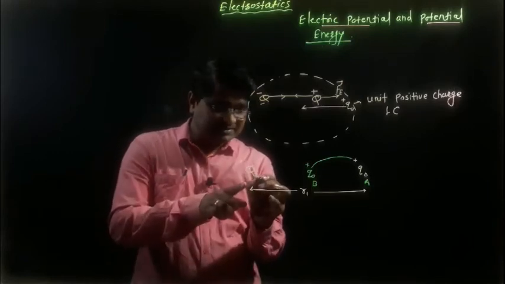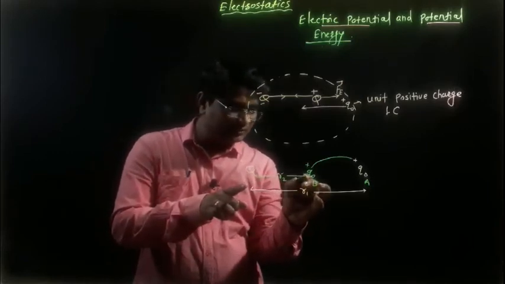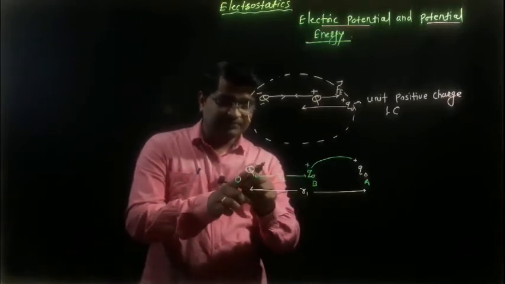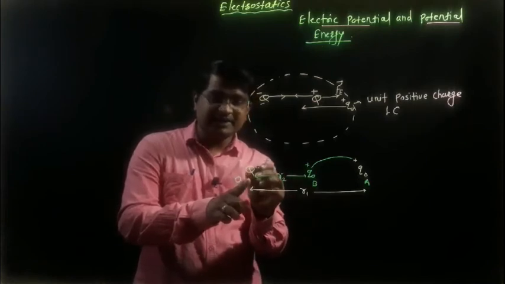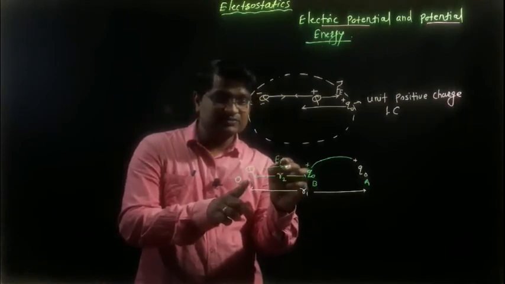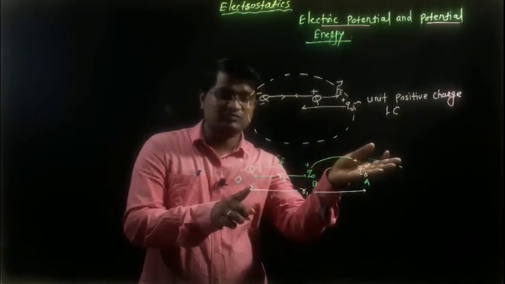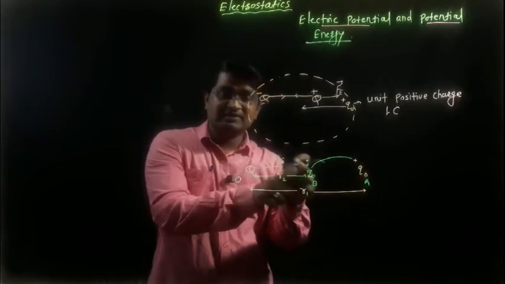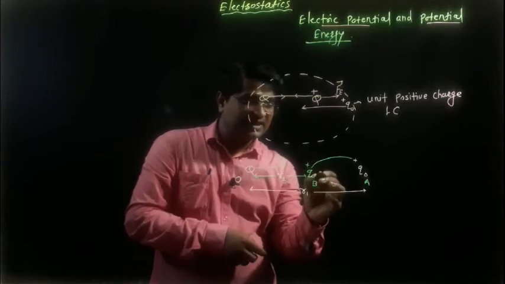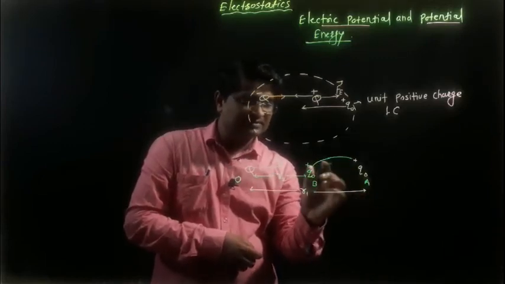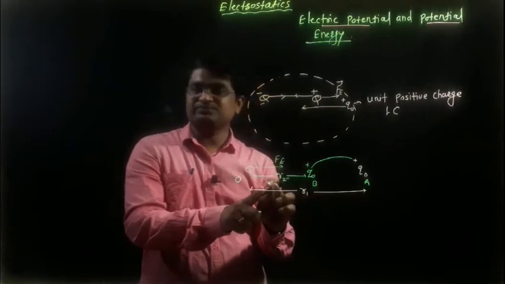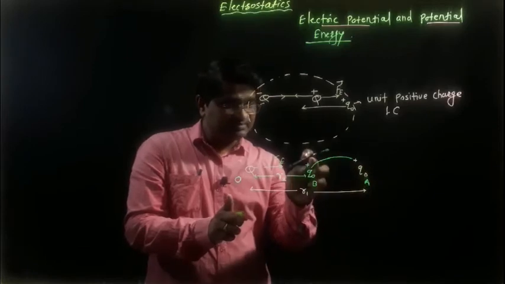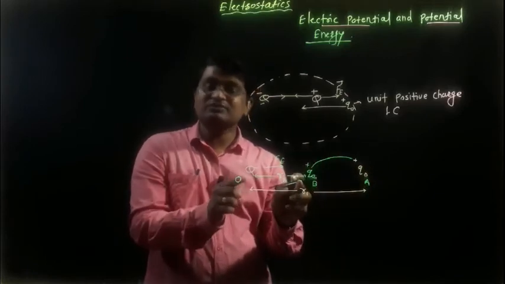Right now, it reaches a distance R2 from the origin, and imagine that the origin will be denoted by O. Actually, this positive Q produces an electric field in the given direction. This is the electrostatic force, and this is its direction. But actually this Q naught is performing exactly opposite work to the electrostatic force, and it will be displaced through the displacement R1 to R2. Its initial position will be denoted by R1 from the origin, and after the displacement its final position will be denoted by R2 from the origin.